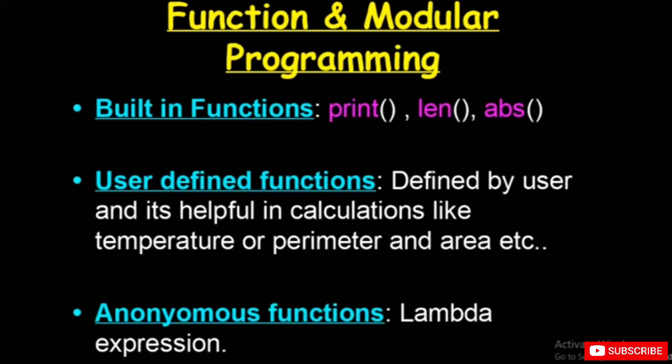So what is a built-in function? Well, as the name suggests, it's built in. We are not building it. Like print is built in. That's why whenever we write print in Python, it gives us the output according to the logic of the code. The len function tells us the length of a string or of something else that we use. And abs is the absolute value function that we are going to see in the practical work. Okay, now